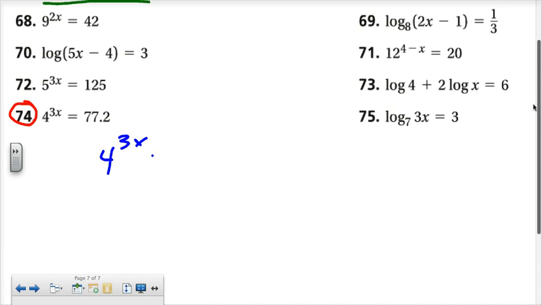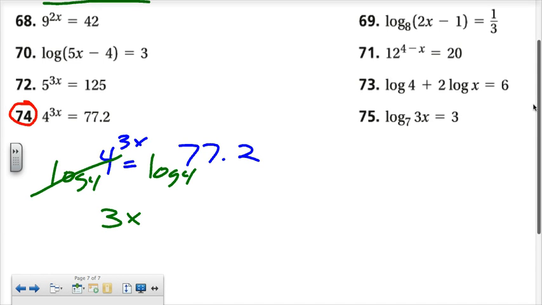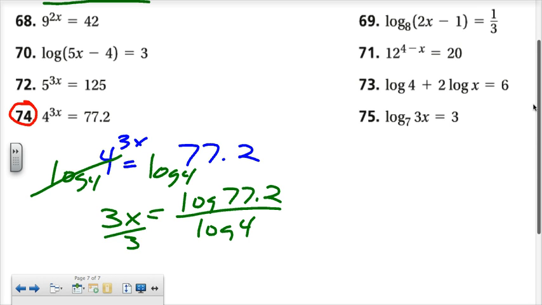4 to the 3x equals 77.2. Well, I certainly could write 4 as 2 squared, but then I think 2 to some power is going to come out to 77.2 really nicely. No, it isn't. So instead, just make a little room here to take my logarithms, and I will need to take the logarithm base 4 of both sides. These will drop out because they're inverses, and 3x equals, we'll use the change of base formula, the logarithm of 77.2 divided by the logarithm of 4. And then we would divide both sides by 3,